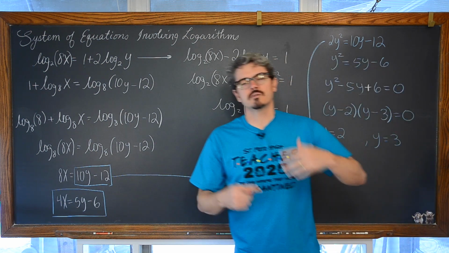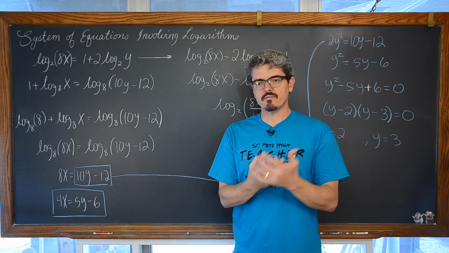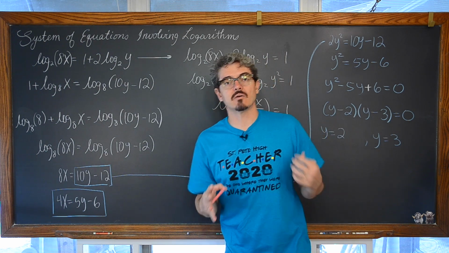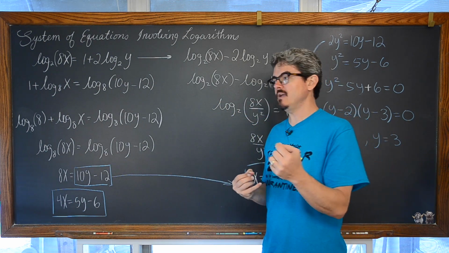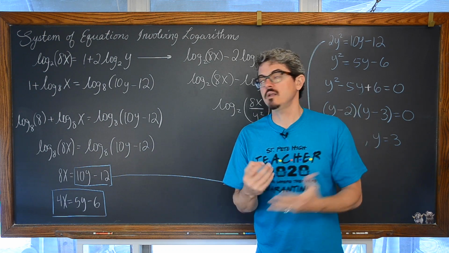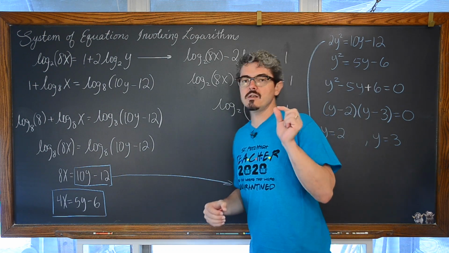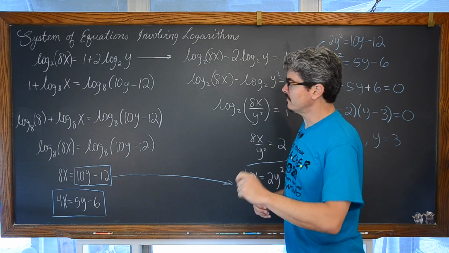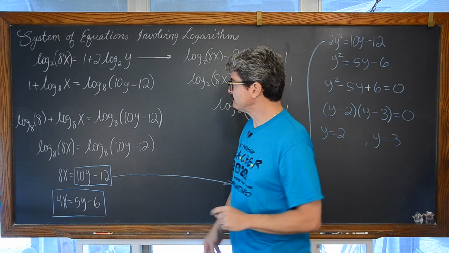Whenever you're solving equations that have a lot of restrictions, or any restrictions for that matter, on their domain, you need to check that domain and make sure that you don't end up with any extraneous solutions. Remember, you cannot take a logarithm of a negative value.